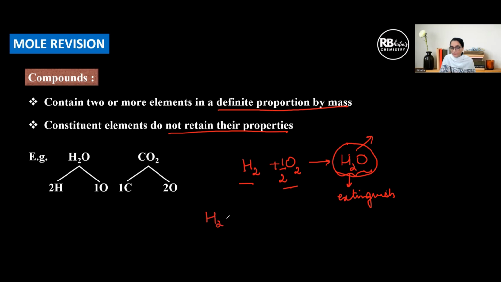But if I just mix hydrogen and oxygen under ordinary conditions, let us say as components of a sample of air, then we are going to call this a mixture because they are not chemically combined. Each has not lost its property. So this composition is going to be considered a homogeneous mixture. Remember, a mixture of two or more gases is always a homogeneous mixture.